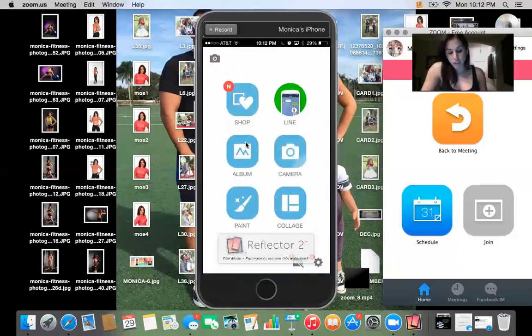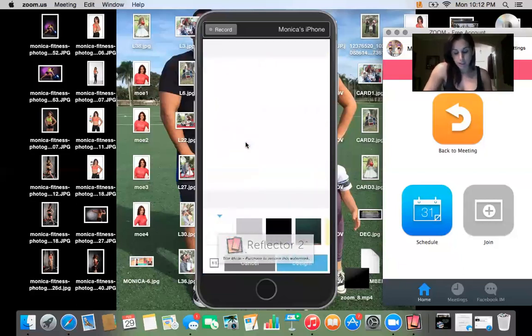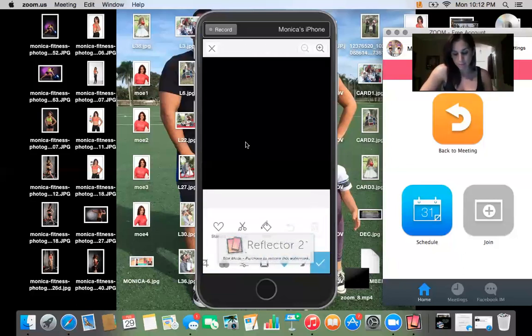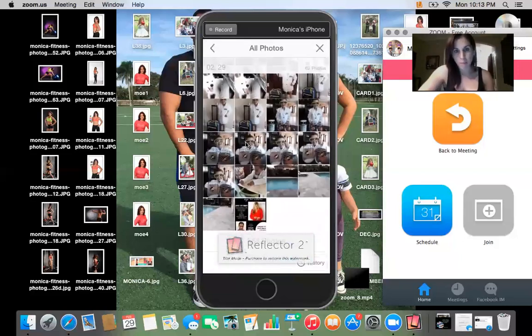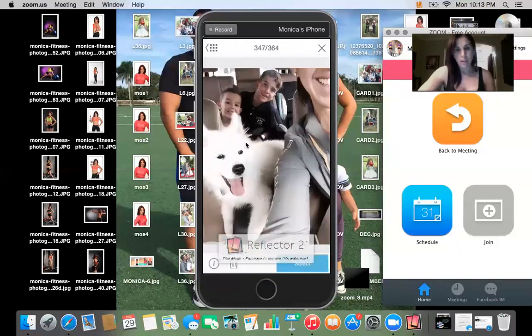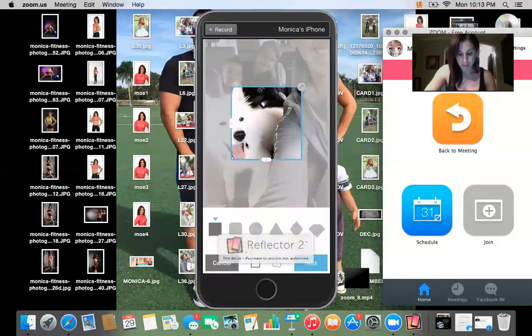For recognition, I usually use a blank background, so I'll click on this paint button here and pick a plain background. I usually like to use black. Press design. The next thing you'll do is use this crop function. See this little scissor right here? You'll click on crop, and this is where you'll pick the picture of your coach because you have saved it from Facebook or Instagram or wherever. Let's say it's my puppy. My puppy Sky is advancing to diamond. So I would crop my puppy Sky's face out of this photo,